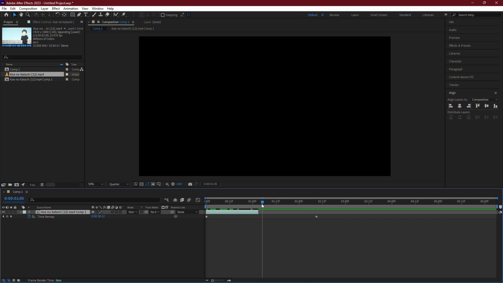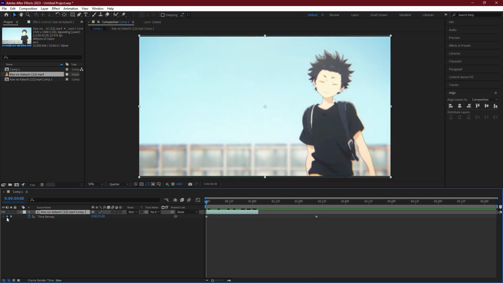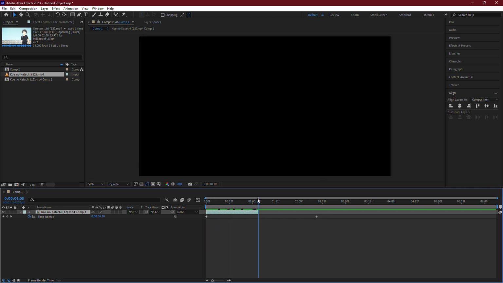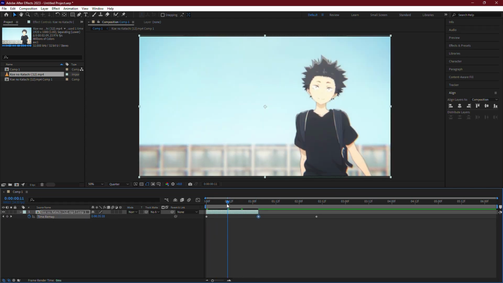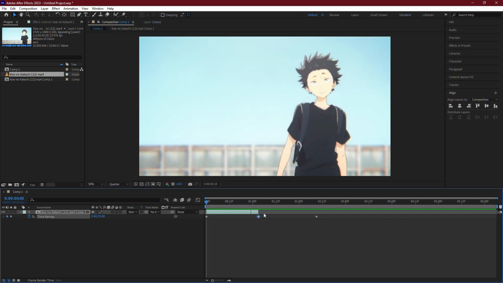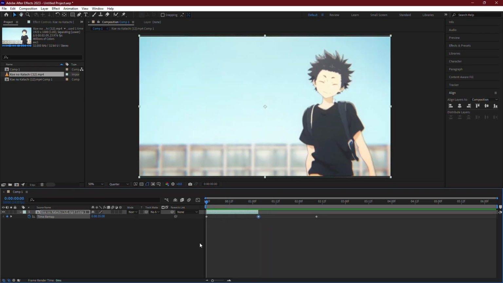Move the playhead to the beginning of the clip and make sure there's a keyframe there. Then, move the playhead to where you want the loop to end and add a second keyframe. These keyframes define the start and end of the loop. If your clip was part of a larger one and you've trimmed it, you may have additional keyframes outside of your selected loop. You can delete those extra keyframes to keep your loop clean and focused on the section you